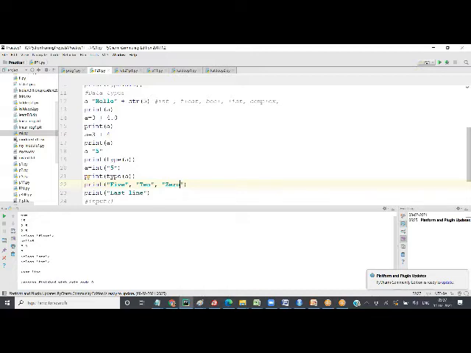5, 10, 0. Values are passing as a string. We are passing string values directly. How are parameters separated? Comma. Comma separates the parameters. So if I don't put a comma, it will be an error, because this is one parameter and this is another parameter. So this has to be separated by a comma.